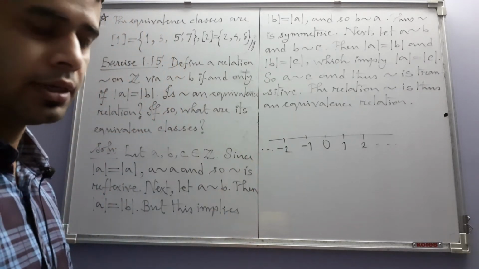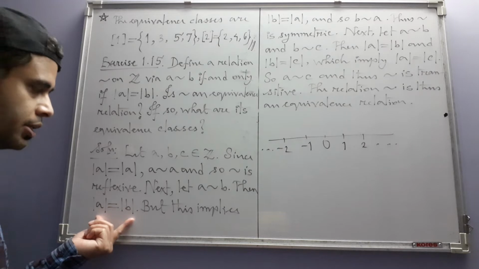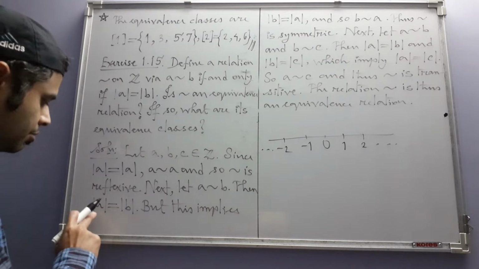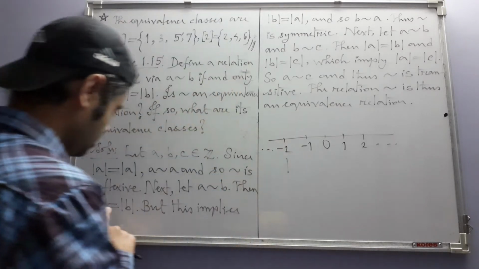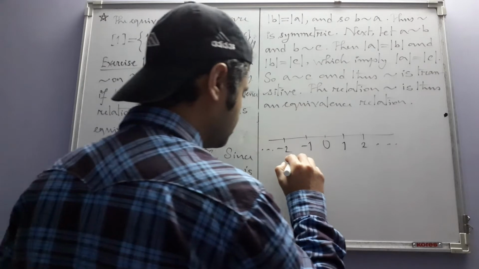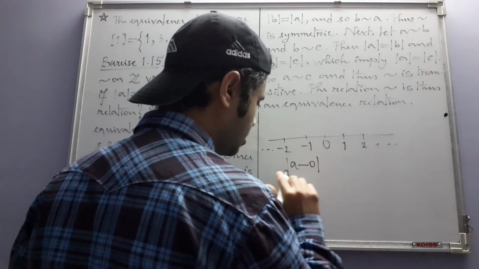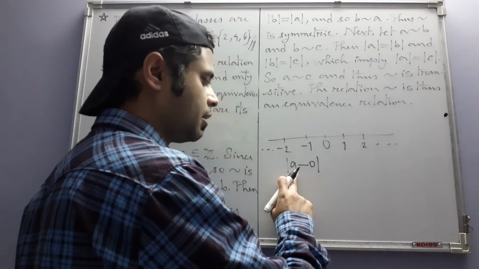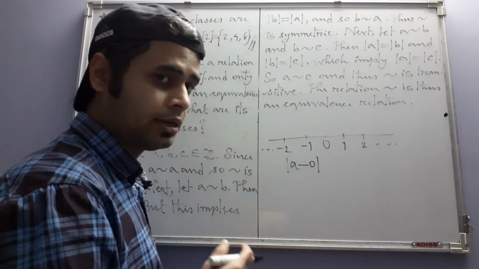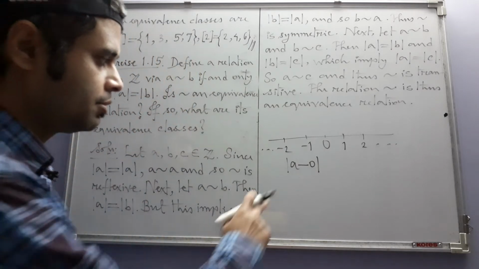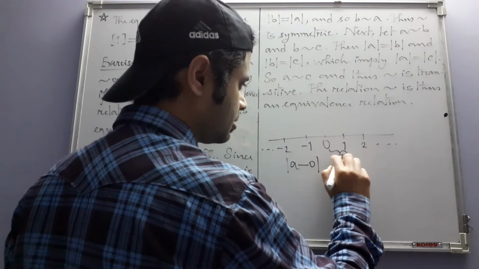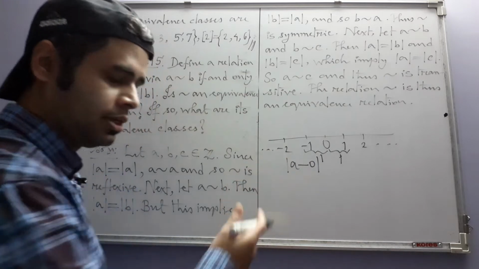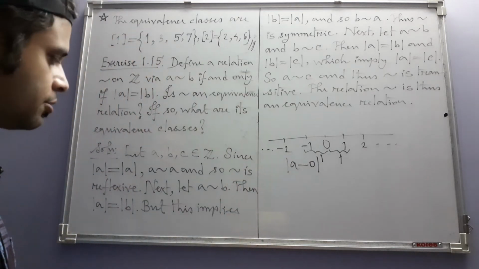You take two integers. They satisfy this equation if and only if they are equidistant from the number 0, because the absolute value of A is actually the distance of A from 0. It does not matter what A is or what its sign is, whether it is positive or negative. If you take A equal to 1, then the distance is 1. If you take A equal to -1, then also the distance is 1. That's why we take absolute value. So do you see that